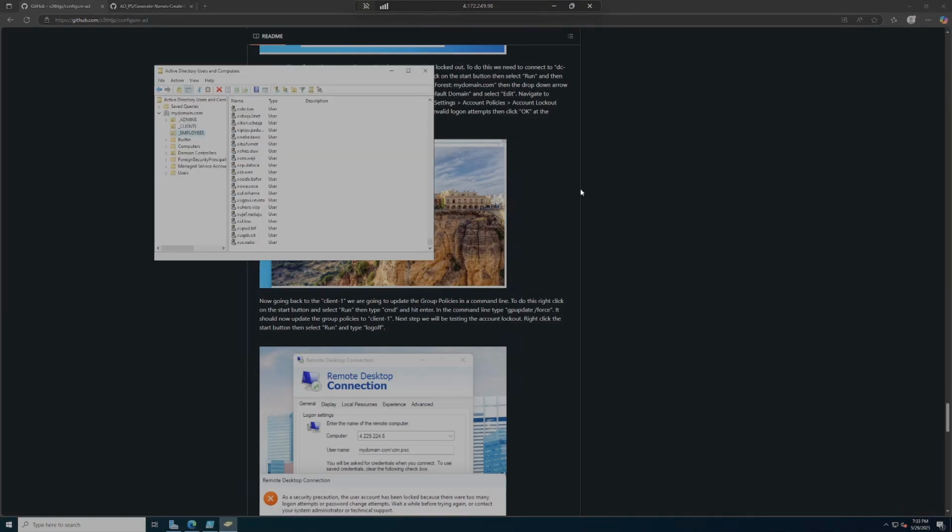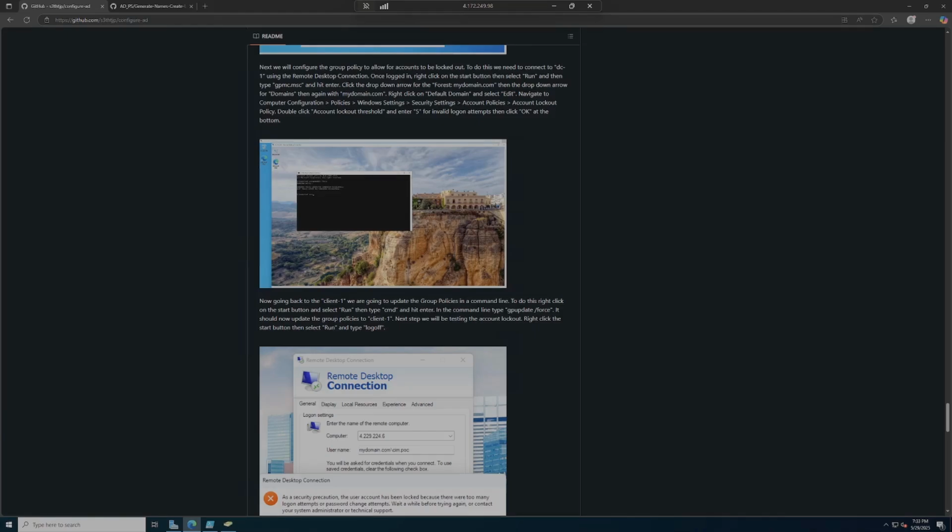So now we need to change the group policy and allow the accounts to where if they enter in a password too many times that it locks them out. So we're gonna